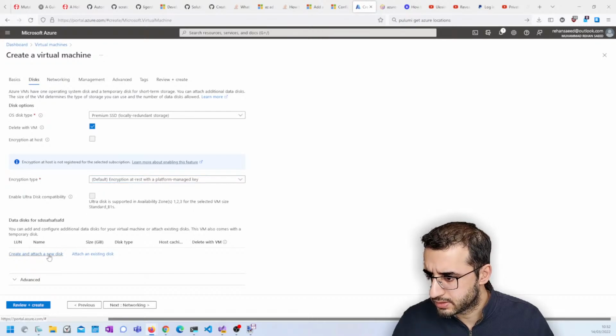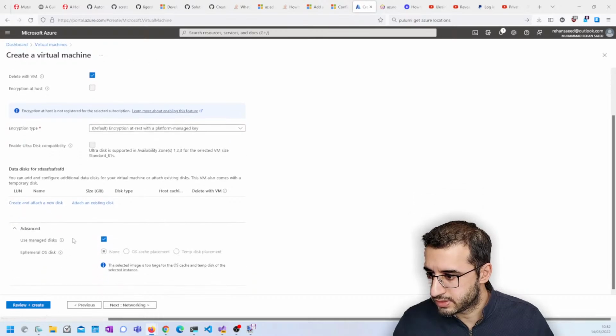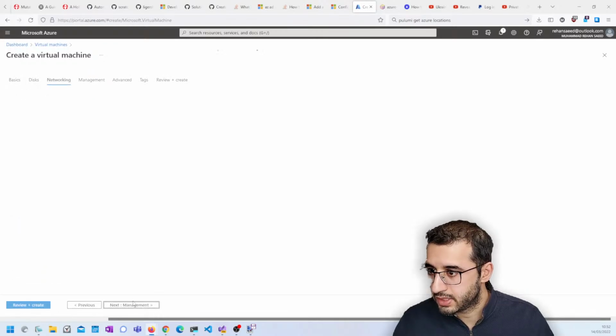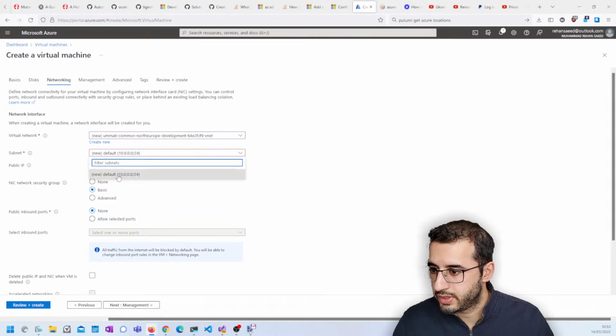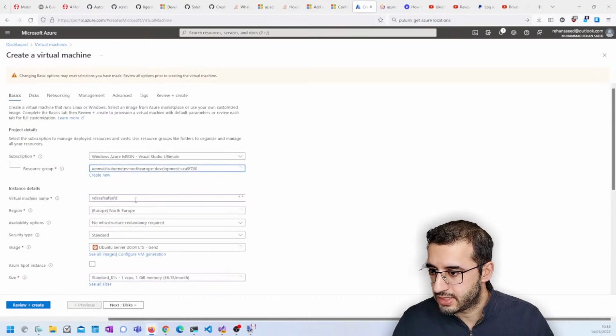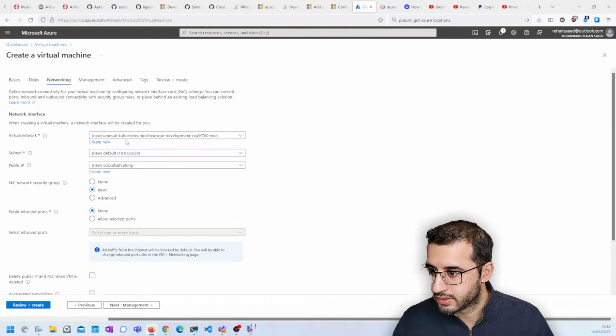Data disk. Do we need a data disk? No. Advanced. Use managed disks. Networking. We need to add it into our virtual network. This is creating a new virtual network. We actually could just add it into the Kubernetes virtual network, and that way,